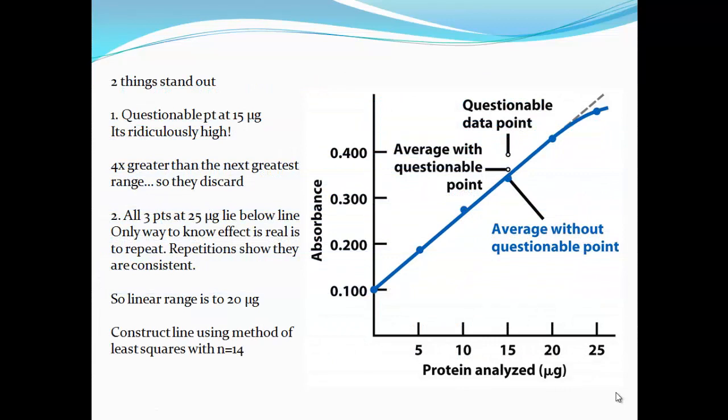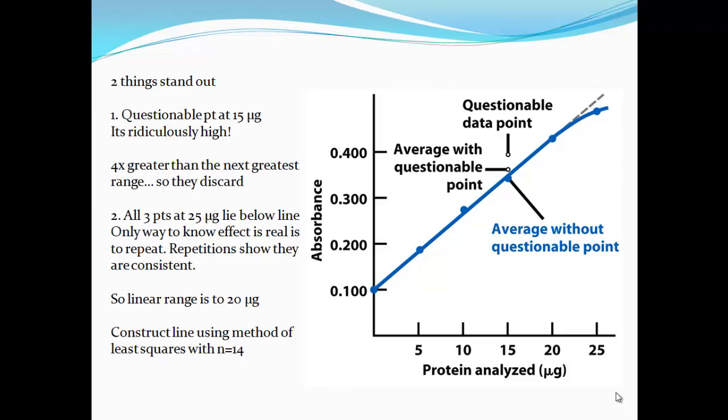So here I'm showing you the actual calibration curve if we were to plot all of the numbers that we had in our graph. Right away, 2 things stand out. The first one was what we talked about in the previous slide. You see that questionable point, if it was plotted, it would be right there. And you see that it's ridiculously high. And like I said before, it was about 4 times greater than the next greatest range, so they went ahead